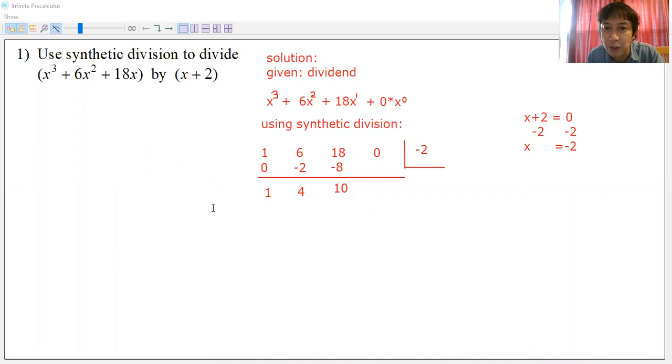Now you're back to multiplication, 10 and -2. So that would be a -20. You're going to write it over here. That's a -20 there, the product of 10 and -2. And then this will be the very last addition, the 0 and the -20, which will result to a -20. And so the -20 is the remainder. This number here is called the remainder.